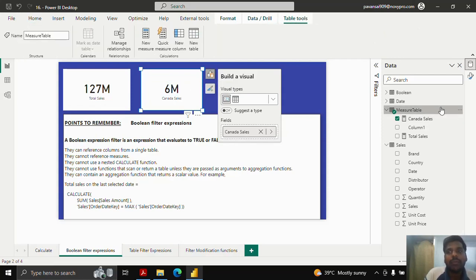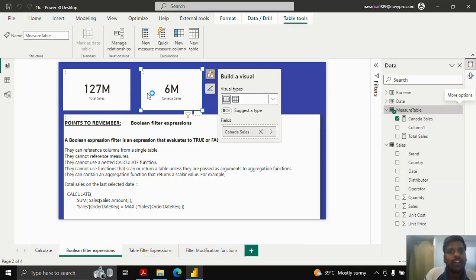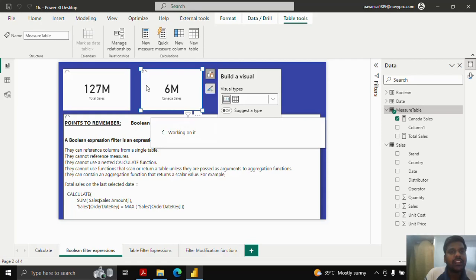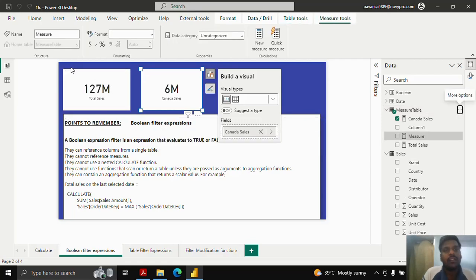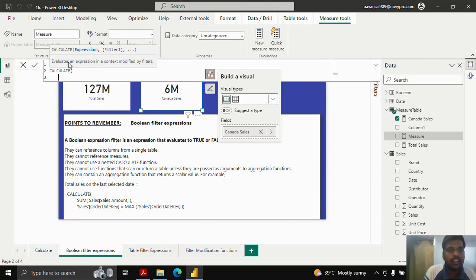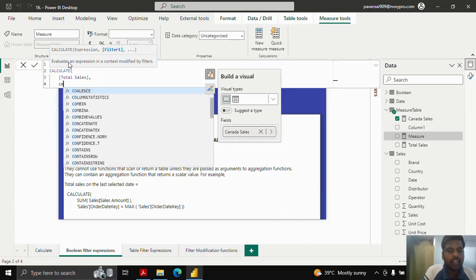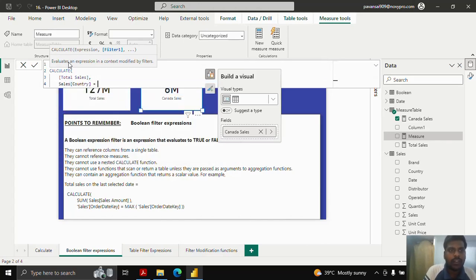Here I have multiple conditions. Let us see if multiple conditions are evaluated or not. I am creating another measure. I am writing Canada LG sales. I want to see the LG sales in Canada. I'll write calculate total sales, and I'll write country equal to Canada,